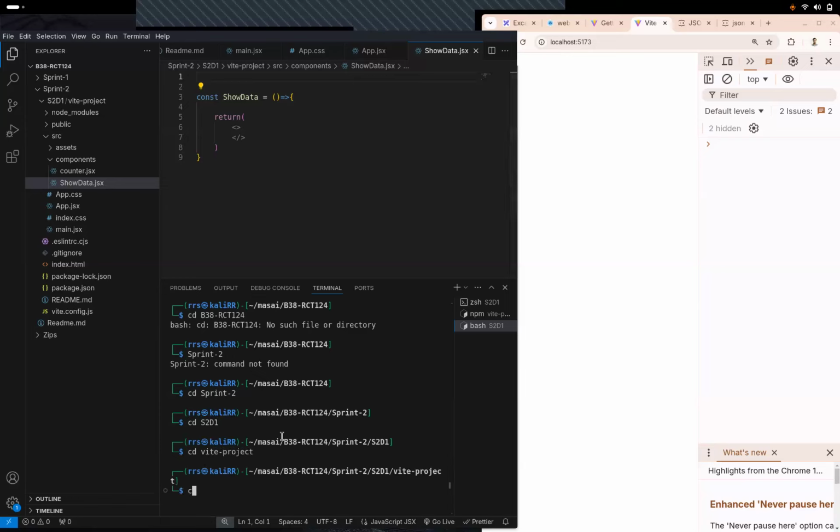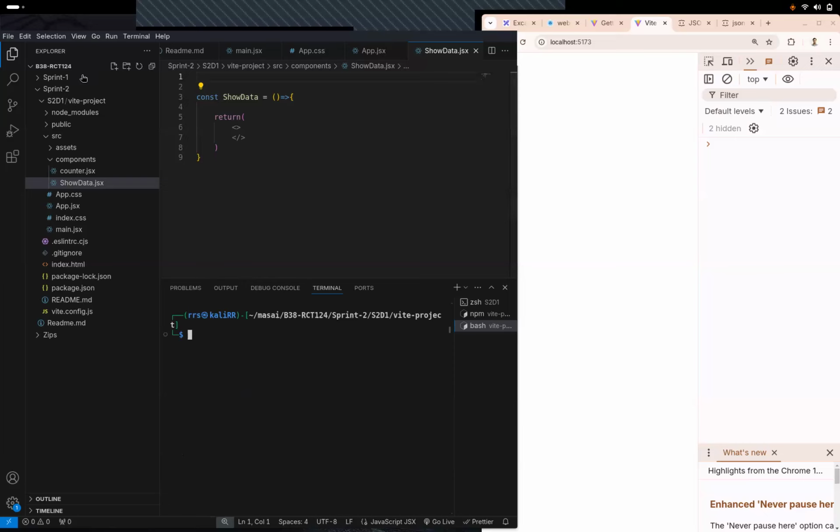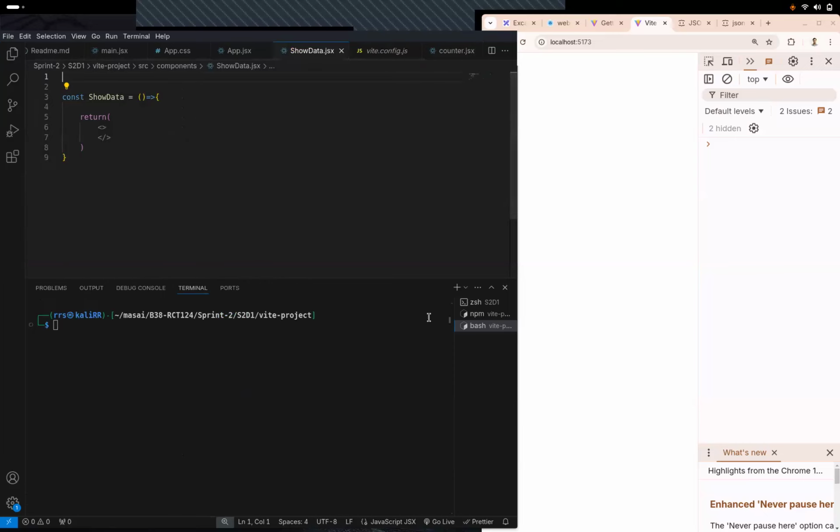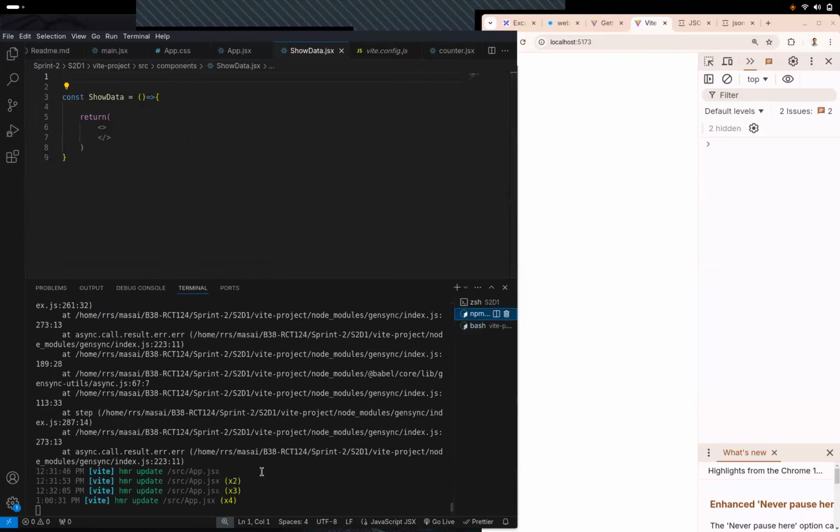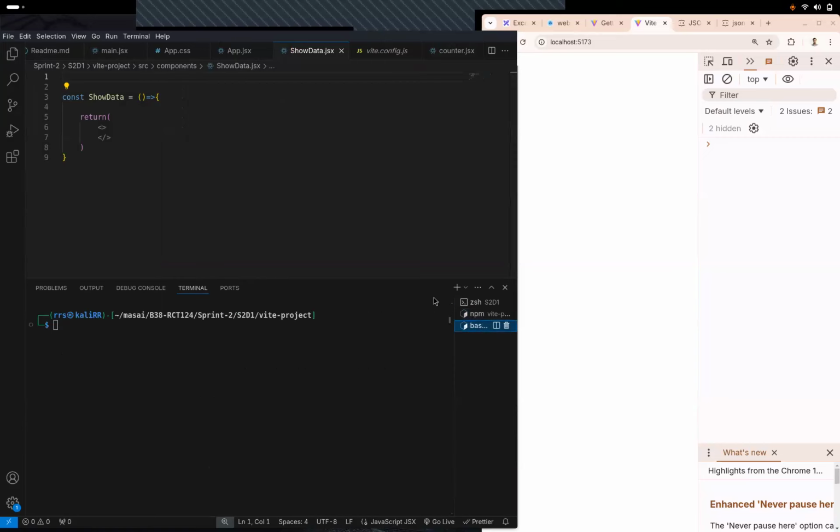So why am I doing it in another terminal? Because I'll have to write installation code, right? And if I try writing it here, I'll have to do a Control C. I'll have to stop this application. Again, to stop this application, you have to do a Control C over here. I don't want to do that. So what I'll do, I'll just visit that specific folder in another terminal, and here I'll access Axios.